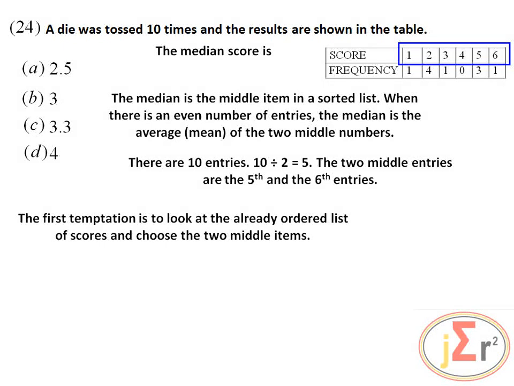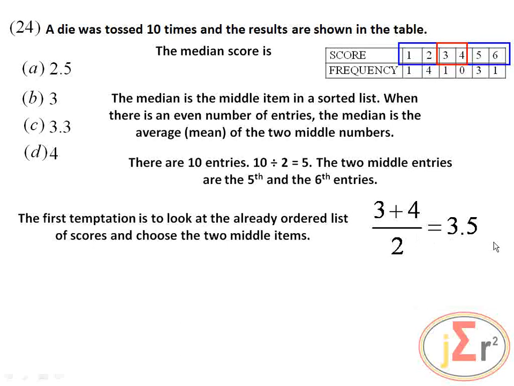The first temptation is to look at the already ordered list of scores and choose the two middle items. So here we have the scores 1, 2, 3, 4, 5, 6. There's a temptation to take this list that is already sorted and find the two middle numbers, 3 plus 4 divided by 2, and the result is 3.5. Luckily for us, that is not among the options, but that would have been an incorrect approach to the solution